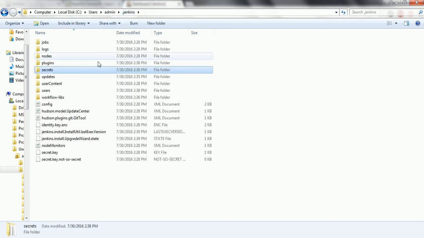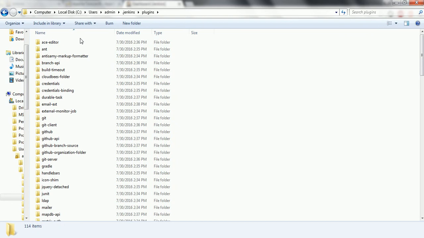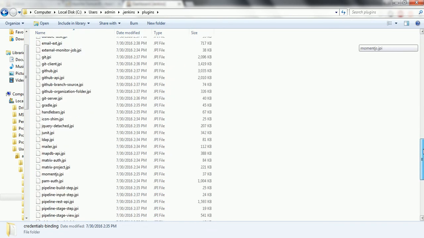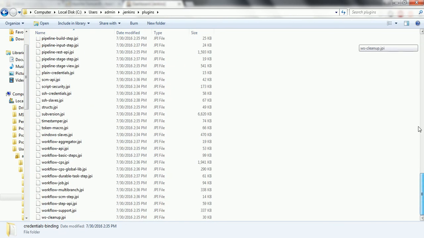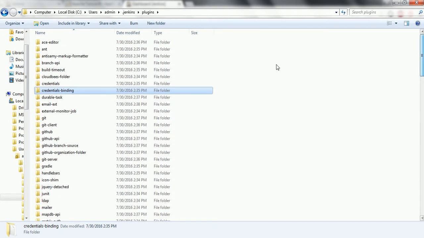If you need any plugins, this is the place where you need to place them. You can add as many plugins as you want, and whatever plugins are downloaded you can see in this folder.